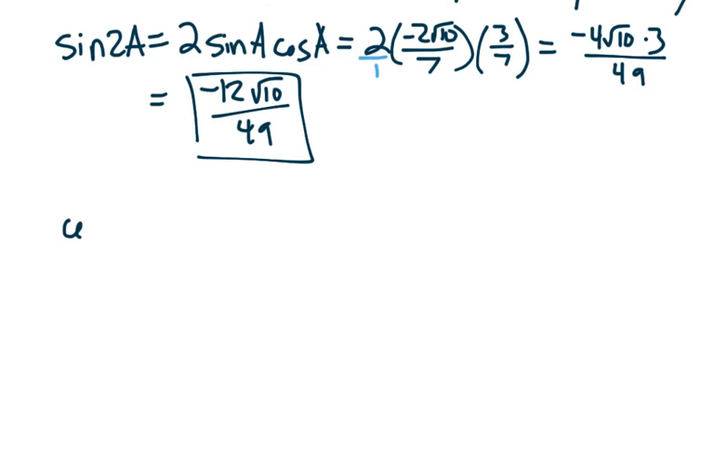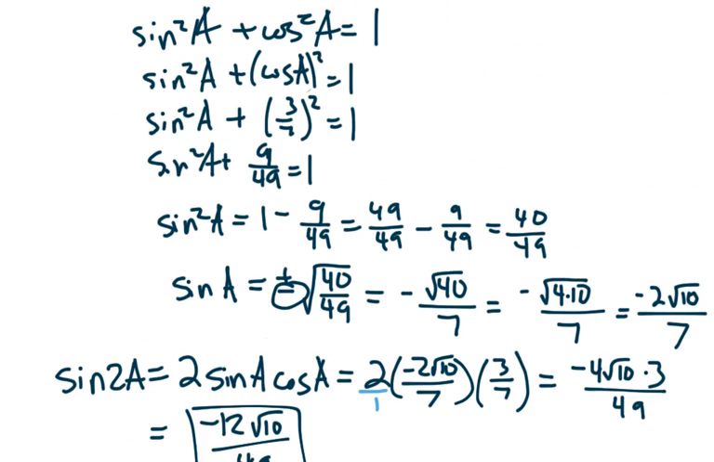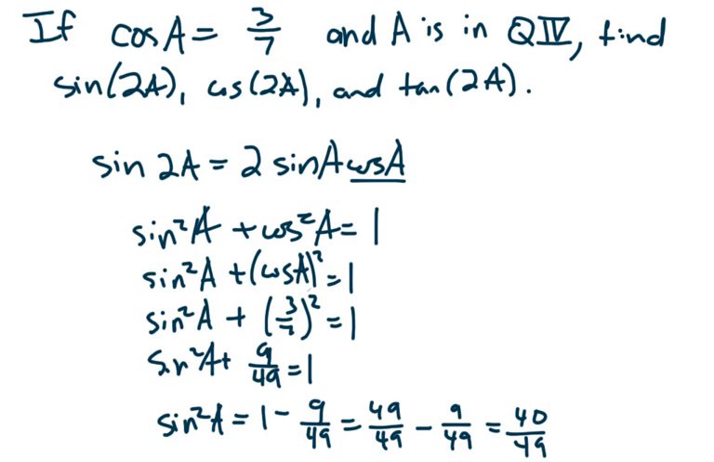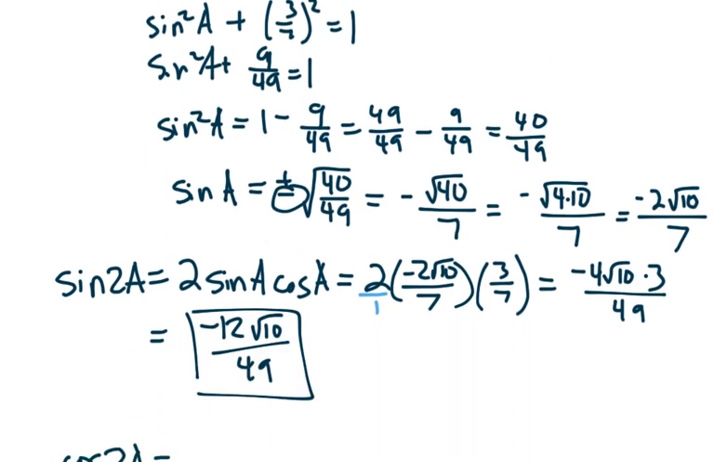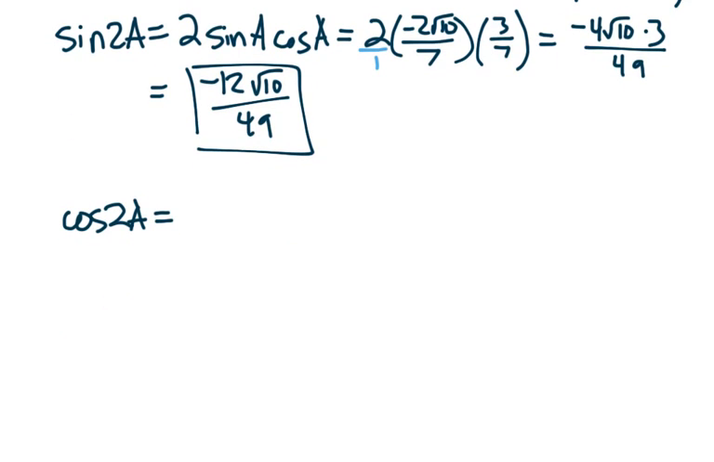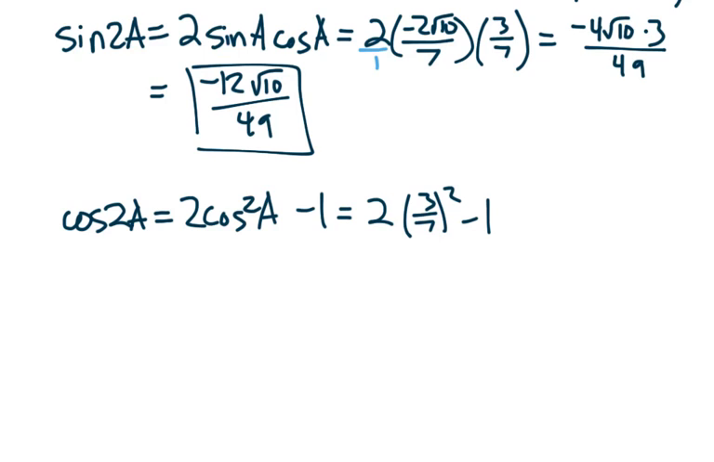Cosine of 2A. We could actually have done this from the very beginning, because we were given cosine of A. We could have done this using an alternate cosine double angle formula. We could have said that this is 2 cosine squared A minus 1. So let's try it, because we can. 2 times cosine squared minus 1. That's 2 times